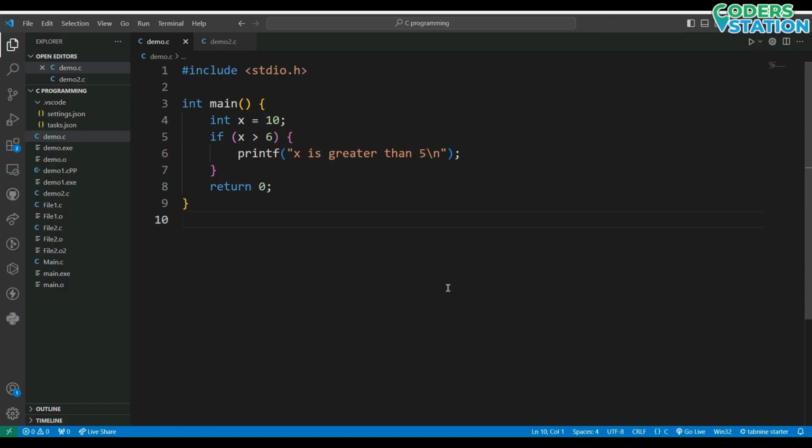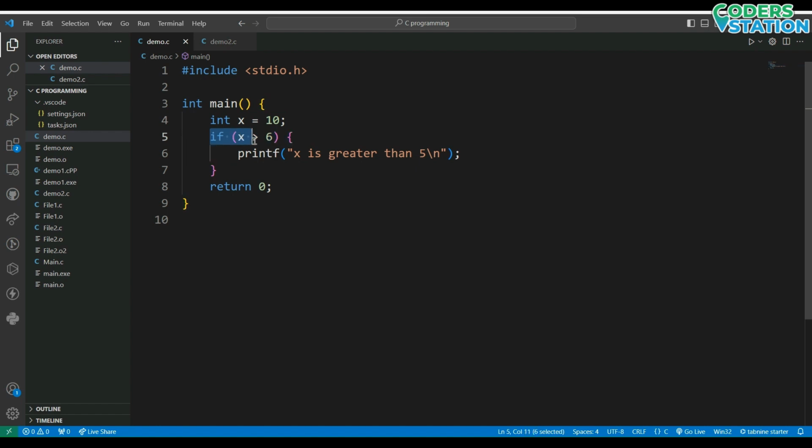Now here we will see a short example on the if part. Here I have written a C program which shows us an example of the if statement. Here we have declared an x variable with the value 10 assigned to it.